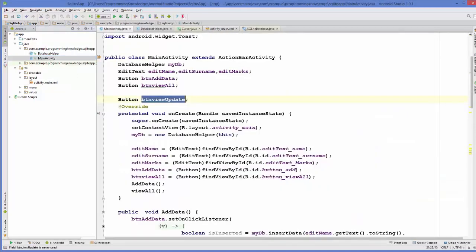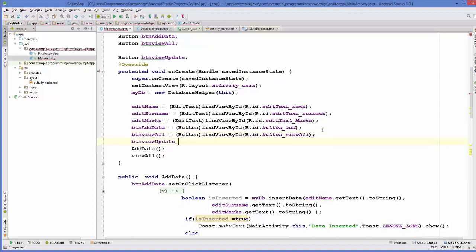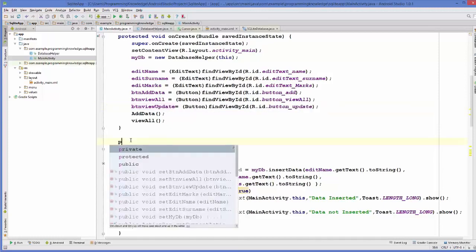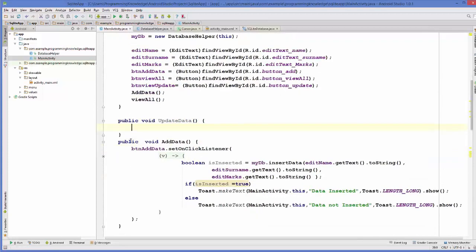Then we will go to MainActivity.java. We already declared our button for updating. So take this button, go to your onCreate method where you have typecasted all other tools or widgets, is equal to button. So we have done casting this button, and now we are going to create a function, and this function will be public. I'm going to declare this function here itself, void